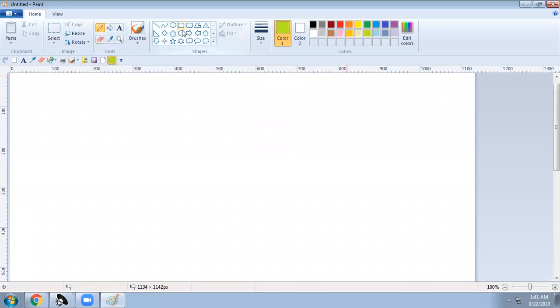For example, if I have drawn something like this, I will take line like this, color also.